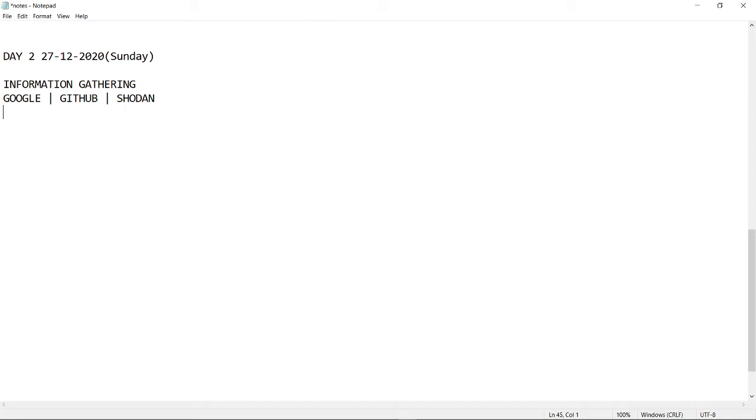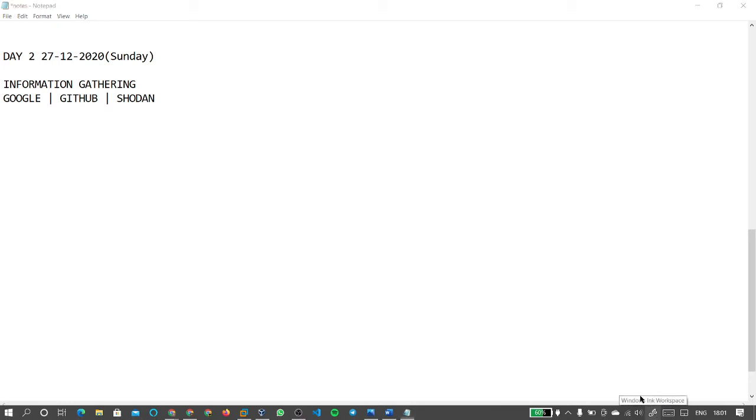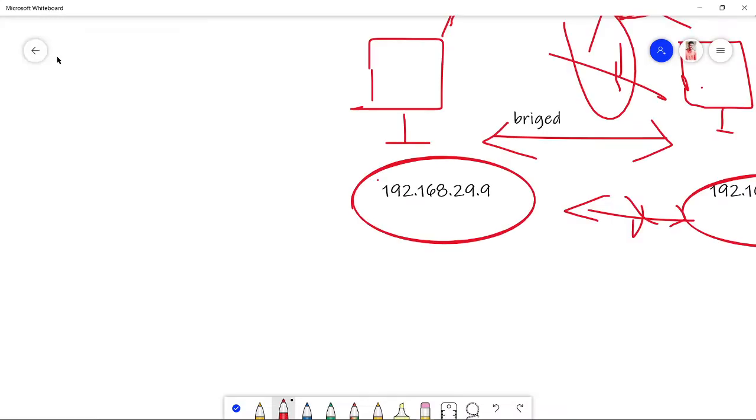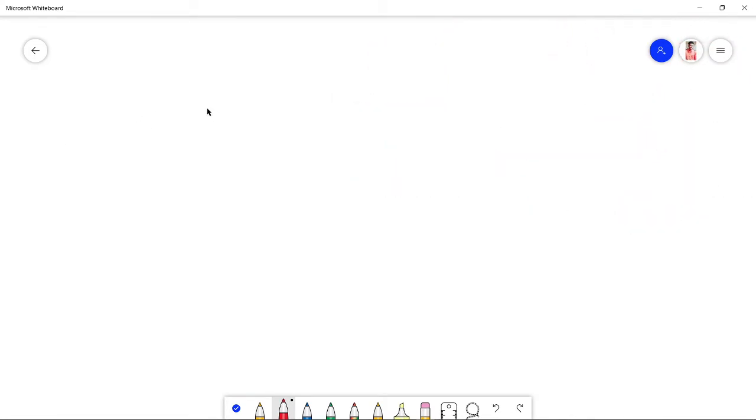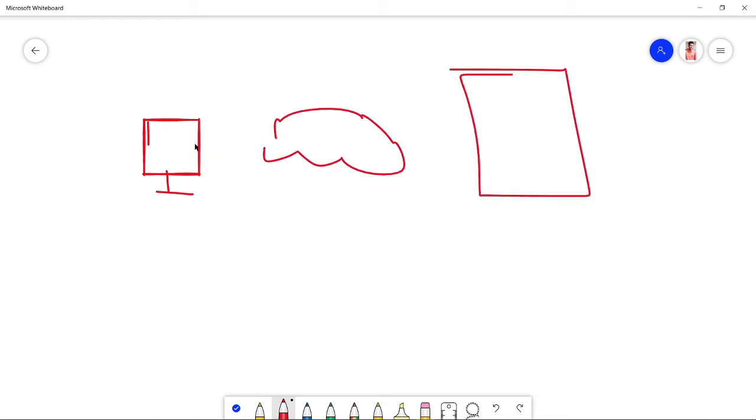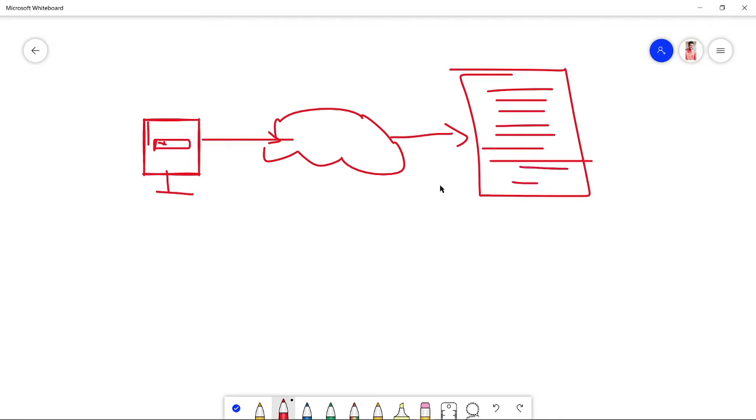Now let us consider this as a scenario. Let me show you. Consider this as our computer through which you are accessing Google. So the Google database will be here. Google provides you only a text box in which you can search something. Nothing more than that you can do in Google. But when you are searching, Google will search for the words present inside your search box in its entire database and provide you the output.